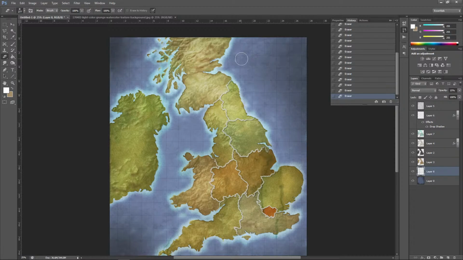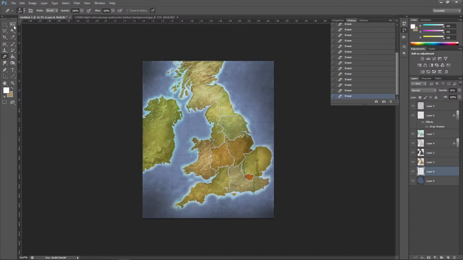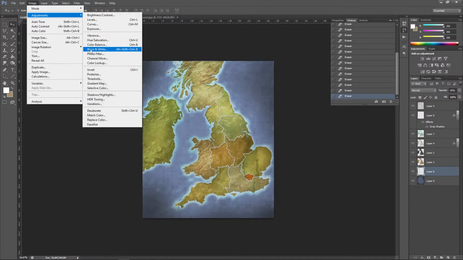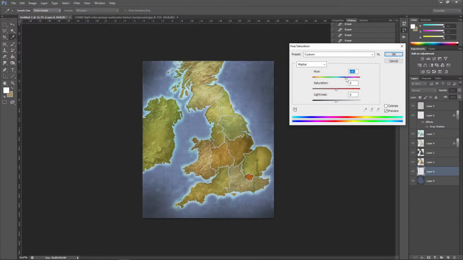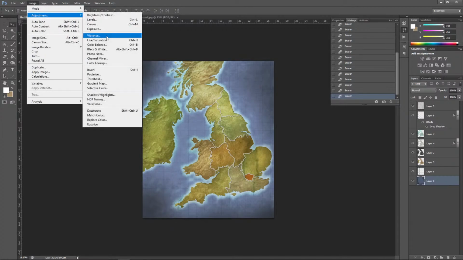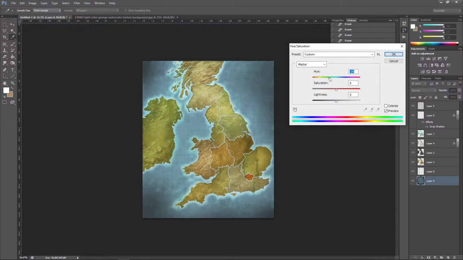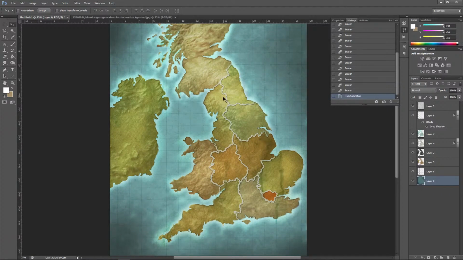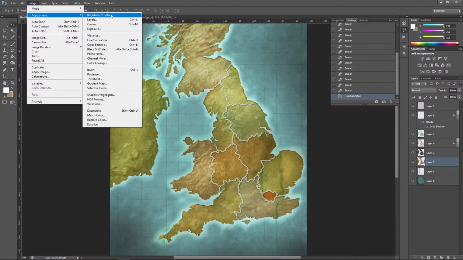Alright, so about this sea behind, let's see how it's going to look if we change its color. Just a second. What I want to emphasize is these islands, you know. So if I change the color,